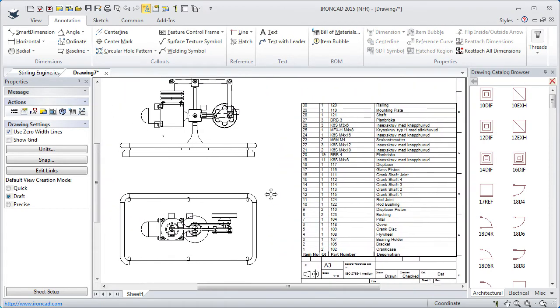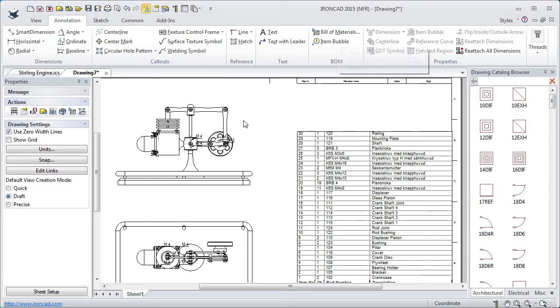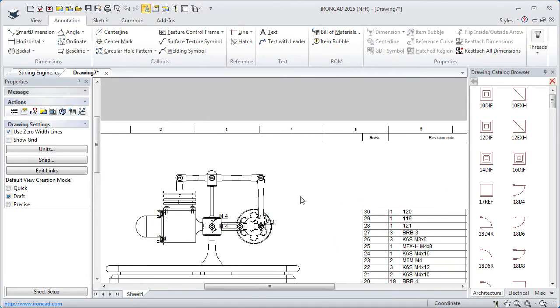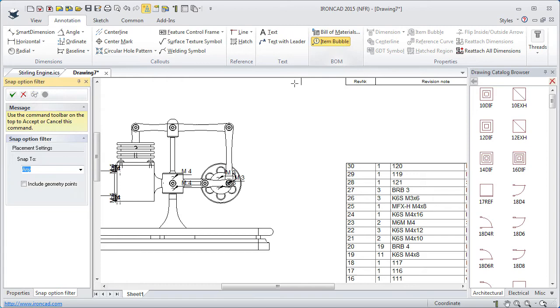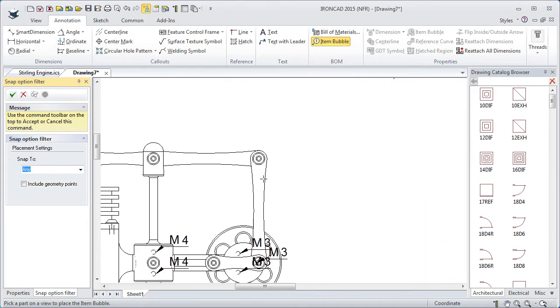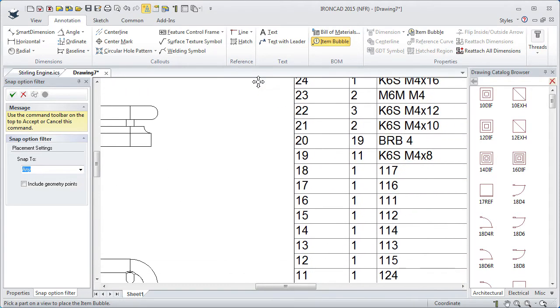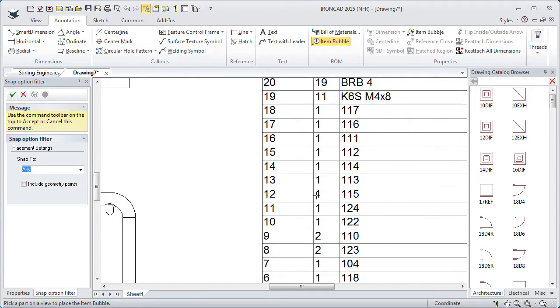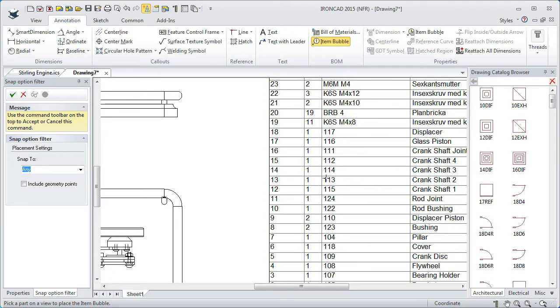Well, then I want to add some item bubbles to the drawing. So I click item bubble. I will zoom in a bit. And when we hover the cursor over a part in the 2D drawing, we will see that it will have a gray color. It is selected. When I click this crankshaft, we have an item bubble. I will click and place it there, and this number corresponds to the number here in the bill of materials. Crankshaft number 2 we see here,